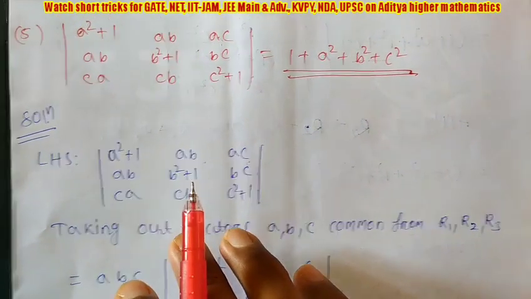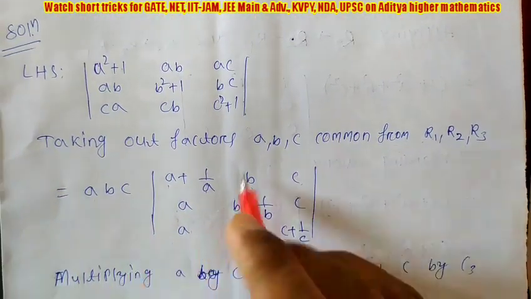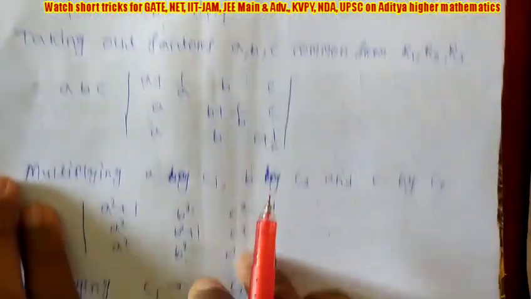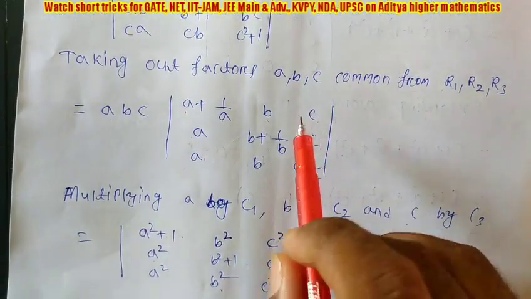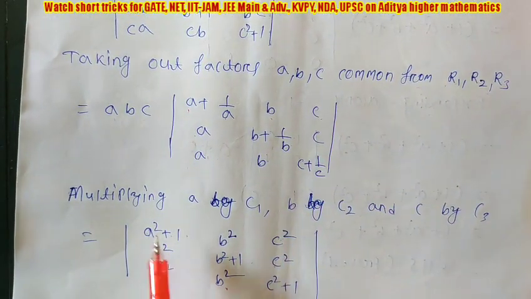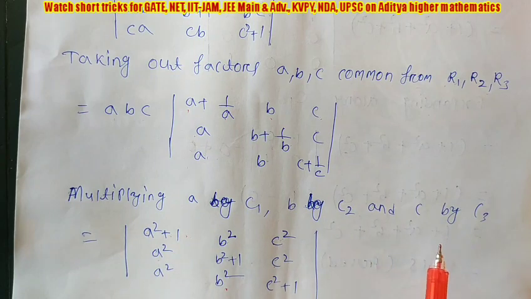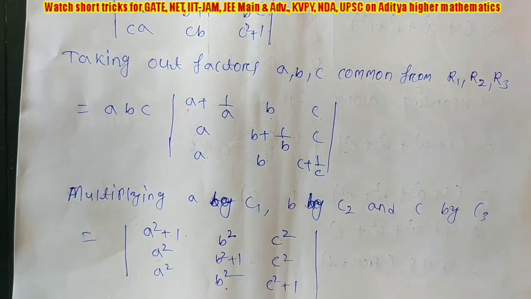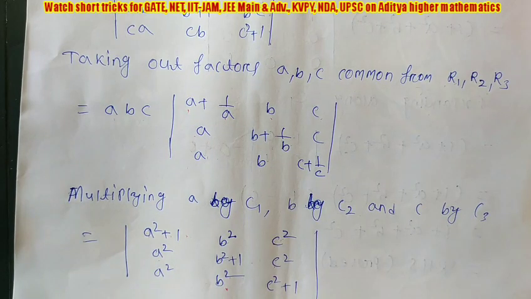So in total I have solved 5 questions. In those, the last question is very important. Out of these 5, for the last question that I solved, you have to understand the thinking process of taking common row wise and multiplying the factors column wise, and how to apply these procedures in other such type of questions. Understood? I hope you have got the confidence on how to solve determinant questions. And this is only part 1 of my determinant problem solutions video.